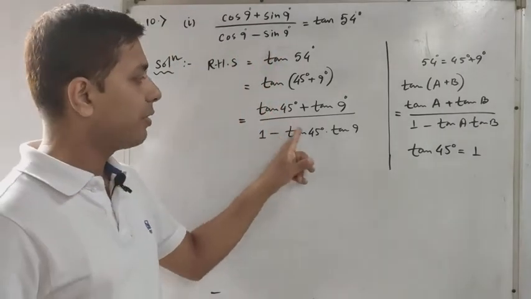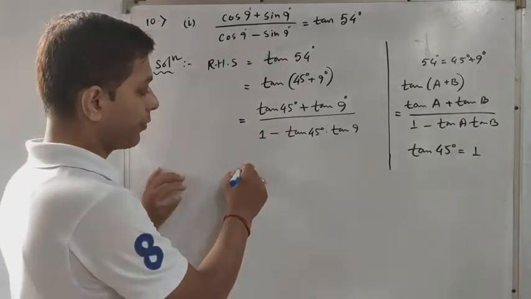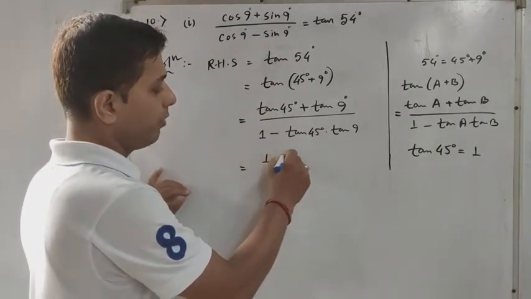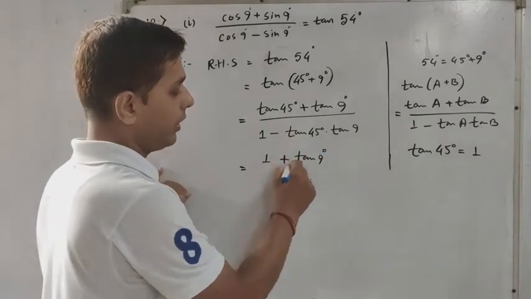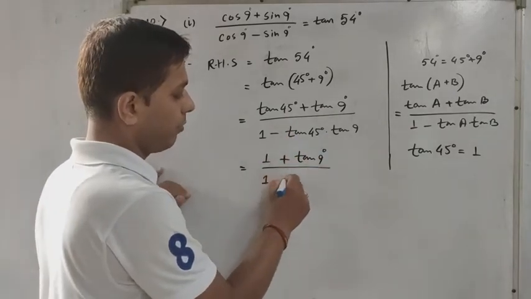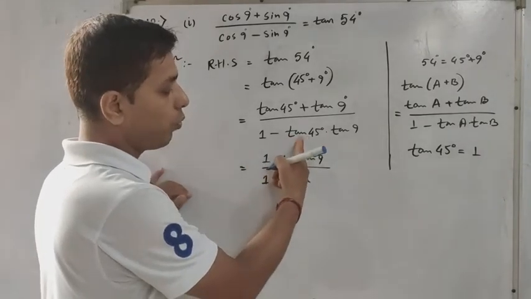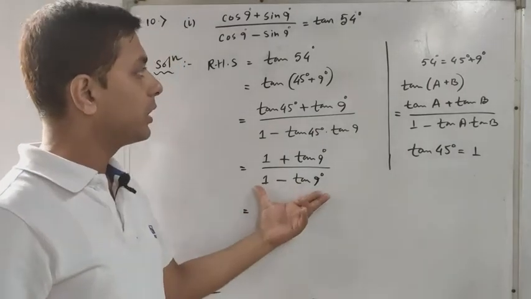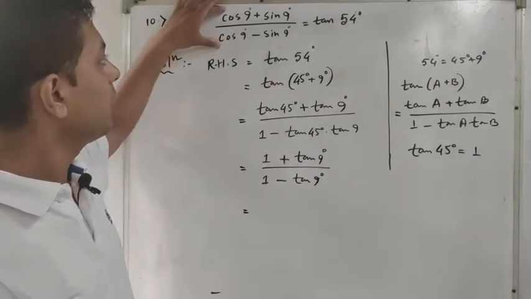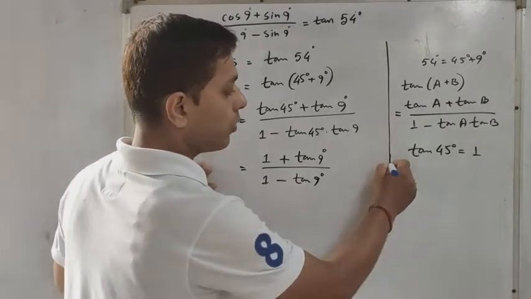So now tan 45 degree, we know that is 1, so we can substitute the value. Tan 45 degree is 1, plus tan 9 degree, divided by 1 minus tan 45 degree, which is 1, into tan 9 degree. Okay, but still we are far away from the answer, the left hand side. So what can we write? See, you know